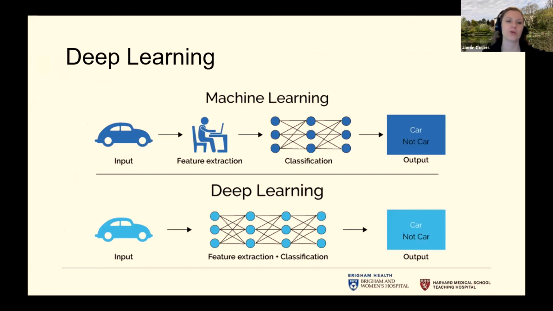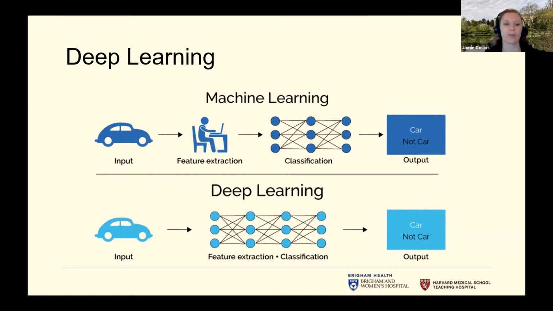And finally, I just wanted to quickly touch on deep learning in terms of biomarkers from imaging data. This is a little bit outside my area of expertise, but we're really seeing it more and more. So in what we think of as machine learning, or even just a traditional statistical model, we train algorithms to learn from data and make predictions. And we have this sort of feature extraction step.